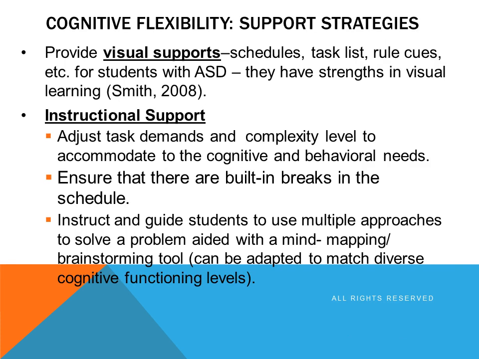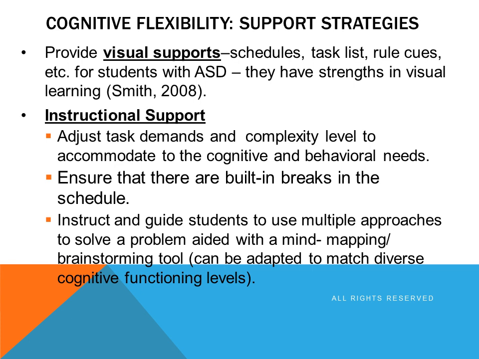And one of the first things is visual support. It is important for students who are experiencing cognitive flexibility issues, especially when they have to transition or switch from task to task. It is extremely important that they have a task list or a picture schedule, and even the task list is paired with pictures. And if they have severe behavior issues connected with it, can they have picture cues paired with the rule,